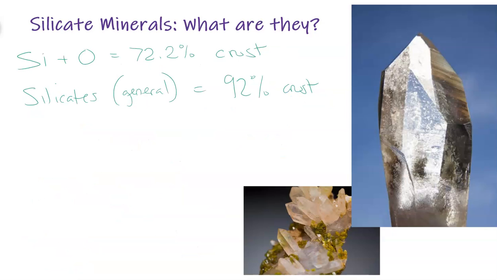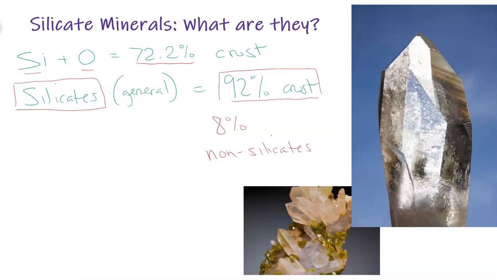So what you end up with is silica plus oxygen as elements combined equaling 72.2% of the crust. The majority of the crustal elements that we find naturally occurring are silica and oxygen. And silicate minerals in general, those that contain Si and O in the chemical formula or composition, equal 92% of the crust. So there's 8% left, which are called